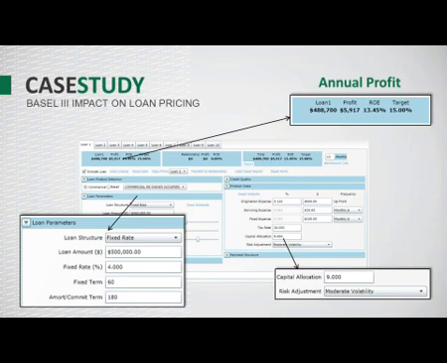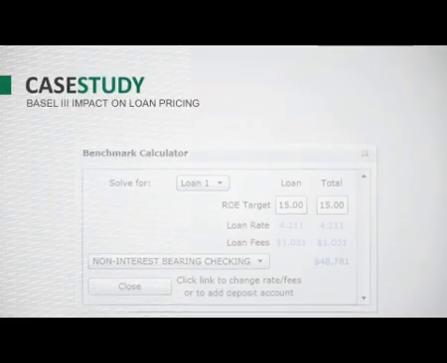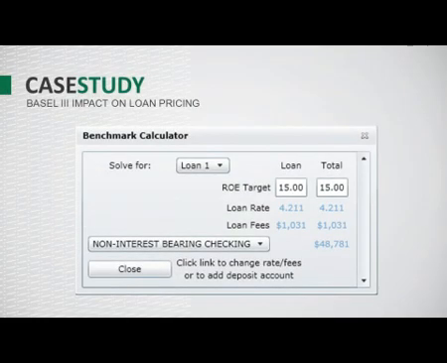So within the model, we actually have a link out here called our benchmark calculator, and that's immediately going to allow us to solve for different variables to get this loan up to our 15% target level. This is a blown up screenshot of what that benchmark calculator does for us. Normally when you're using a loan pricing model, you might be trying to hit various targets based on whether you're looking at just individual loans or full customer relationships. We're under the assumption right now that we're just looking at an individual loan,